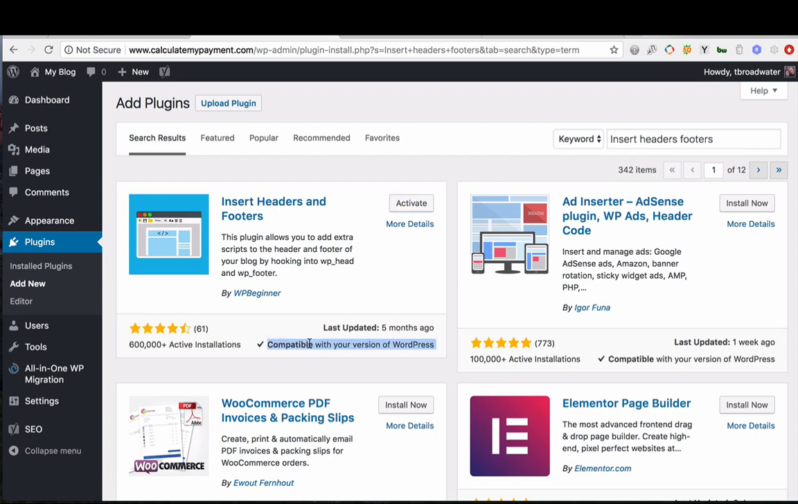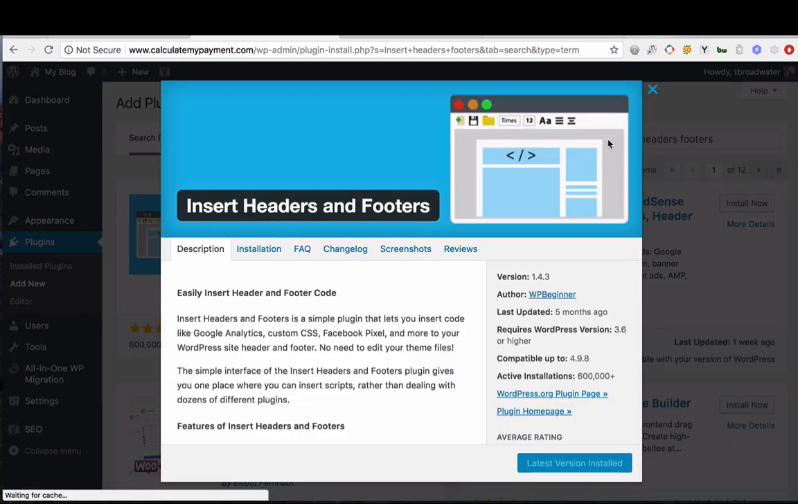It's compatible with my version of WordPress. You want to make sure that any plugin you use is compatible with the version of WordPress you're using to avoid problems. Last updated 5 months ago. That was fairly recent. This type of plugin, thinking about what it does, probably doesn't need to be updated that frequently. If you click on View Details under the Activate button, you can get some more information about this plugin,